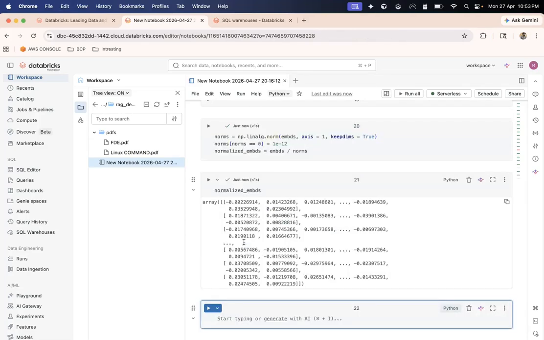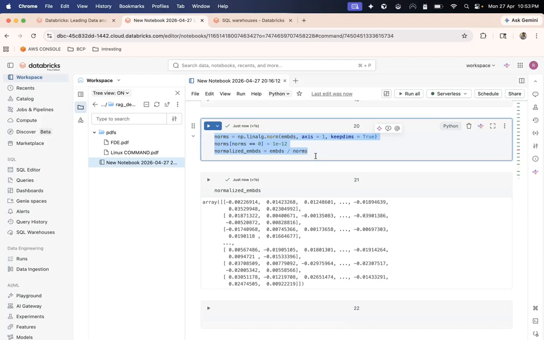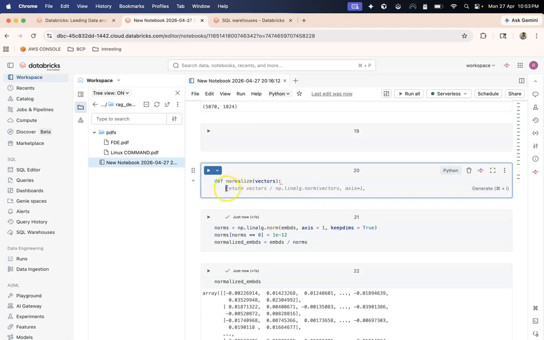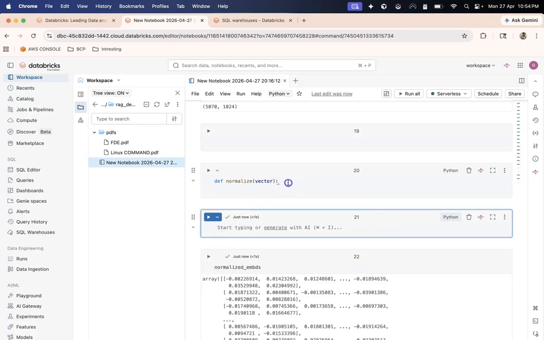But since new queries will come, and each new query should follow this same exact process, I would rather create a function for this. I will say normalize, and it will take a vector, and do this process here.